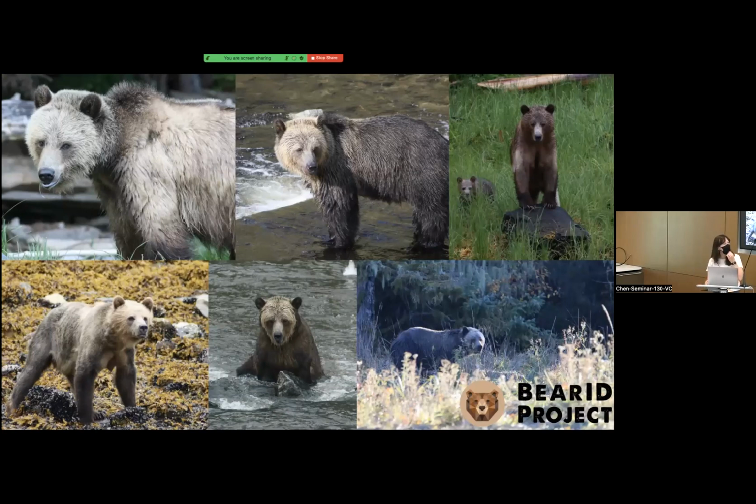So over the years, this is one individual bear called Lenore. I've been monitoring her for about 13 years now. She's getting an old lady. She's coming towards the end of her life. But because we have this long-term study, we've been able to track these individuals over time and look at how they change, both within seasons, but also between years as well. So you can see by looking at these images that she looks very different at different times of year and